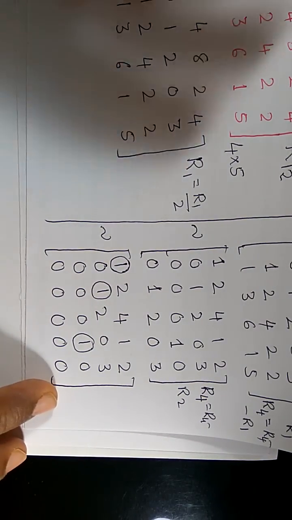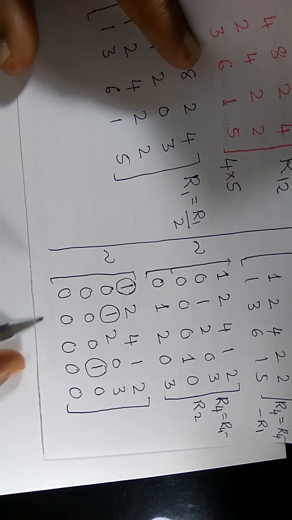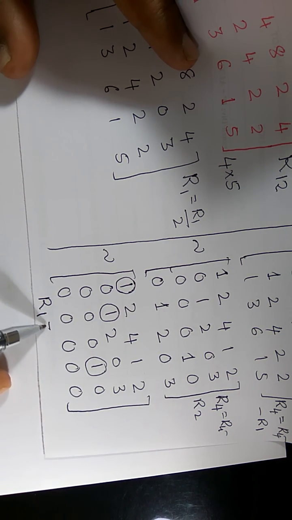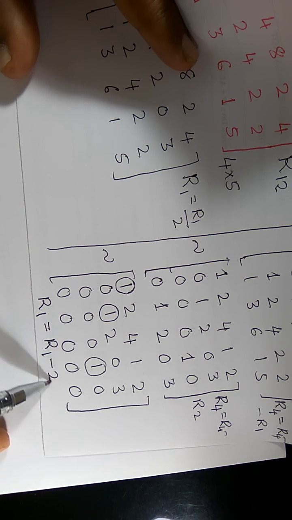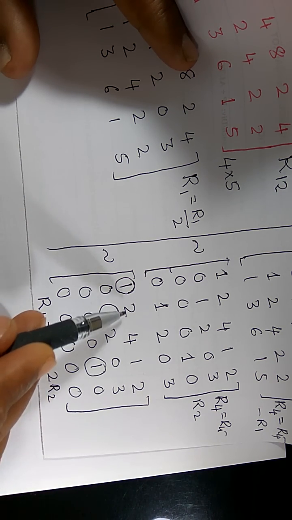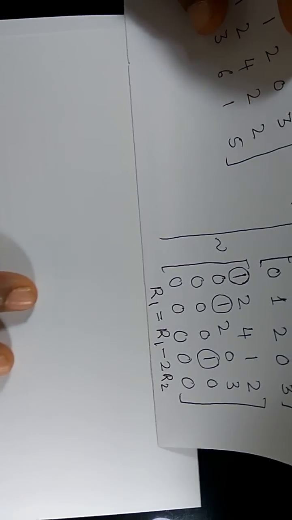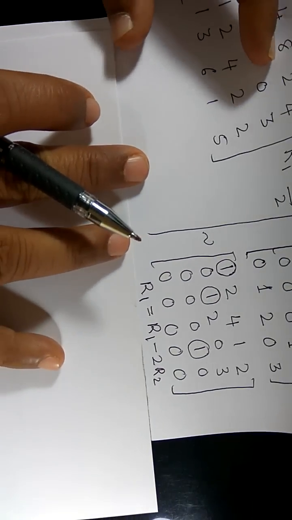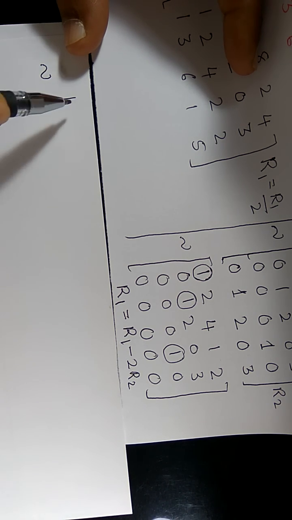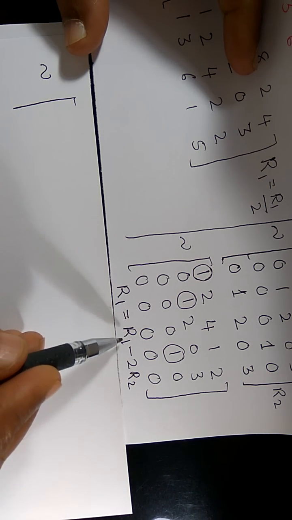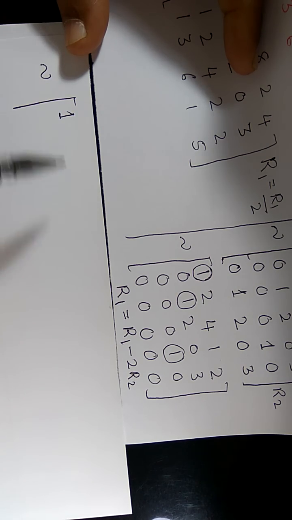Right? So for that reason I can operate, say for example, R1 is equal to R1 minus 2 times R2, because I want to make this 2 as 0. For that reason I can apply this and obtain an equivalent matrix, right? So R1 is equal to R1 minus 2 times R2: 1 minus 0, it remains 1 only,